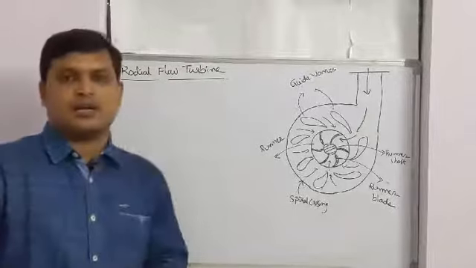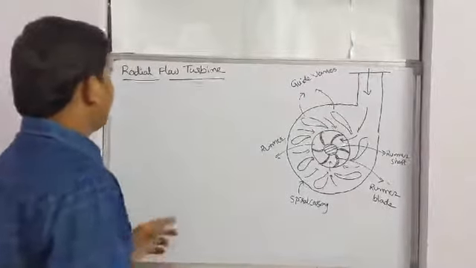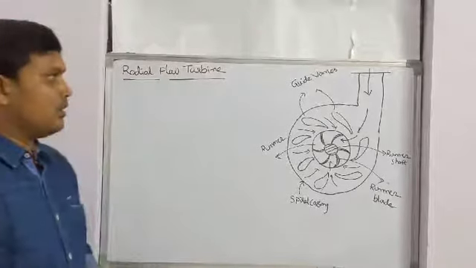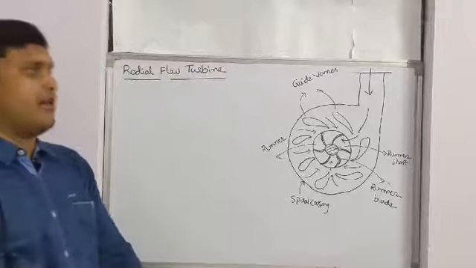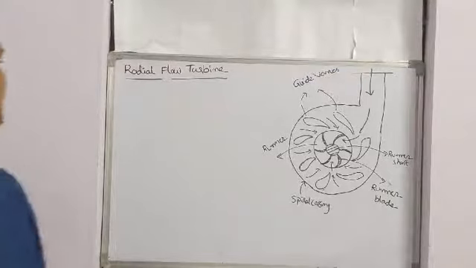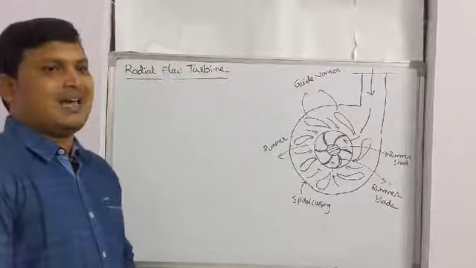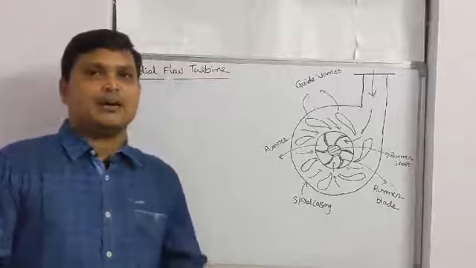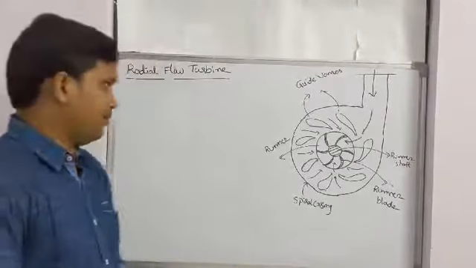In that, we discuss the Francis turbine. So first of all, we should know what a radial flow turbine is. In the previous class, the Pelton wheel is a tangential flow turbine. This means the water coming from the penstock to the nozzle strikes a tangent of the wheel, that is, a blade. A tangent is called a blade of the turbine wheel.